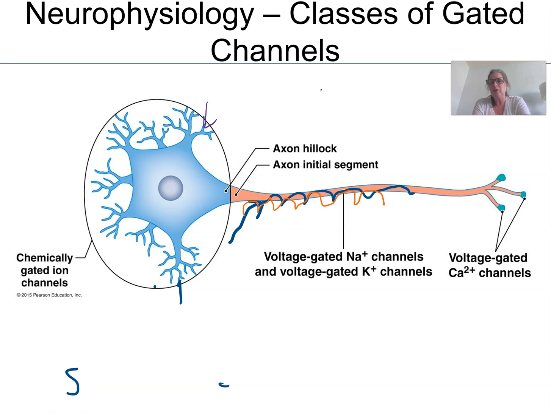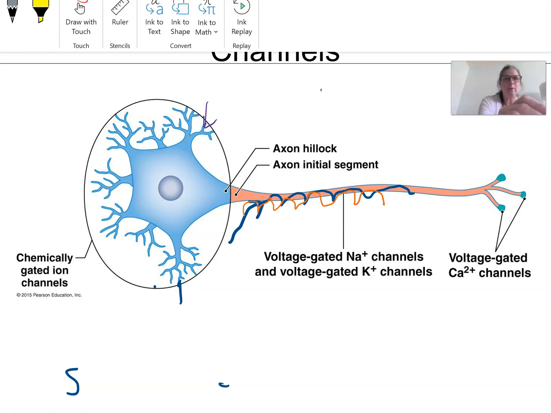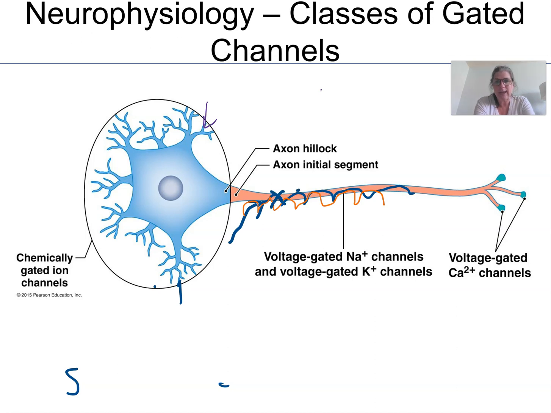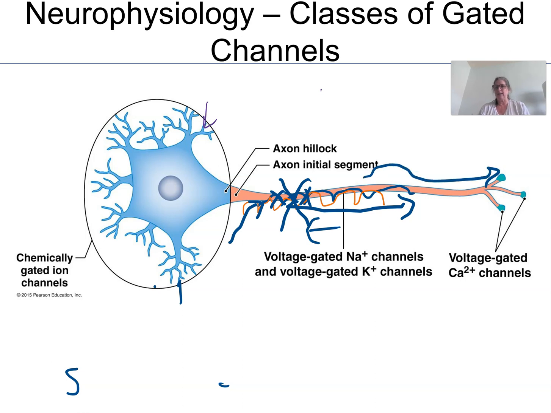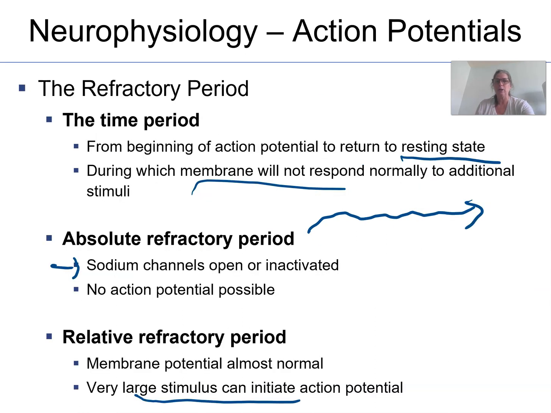Well, the absolute refractory period is very important because remember there's a time period that you can't conduct another action potential. And what that does is it forces it to move one direction only. It does not allow it to travel backwards because the whole thing's very electrically excitable. So that absolute refractory period gives the neuron a chance of brief rest, but it's critical because it prevents the action potential from running backward. It forces it to go all the way down to the telodendria, to those axon terminals that are at the end. So it's pretty important.